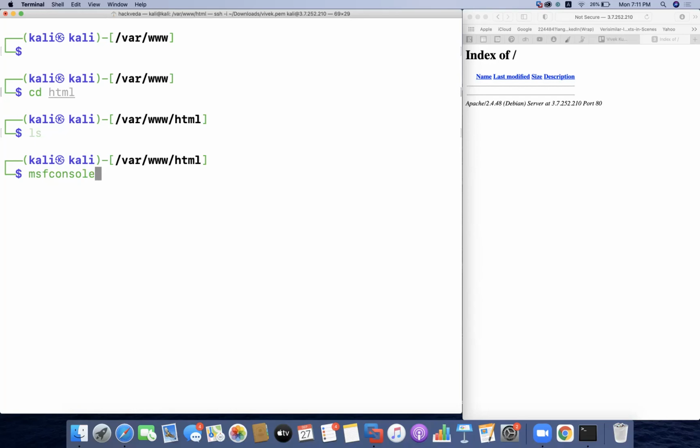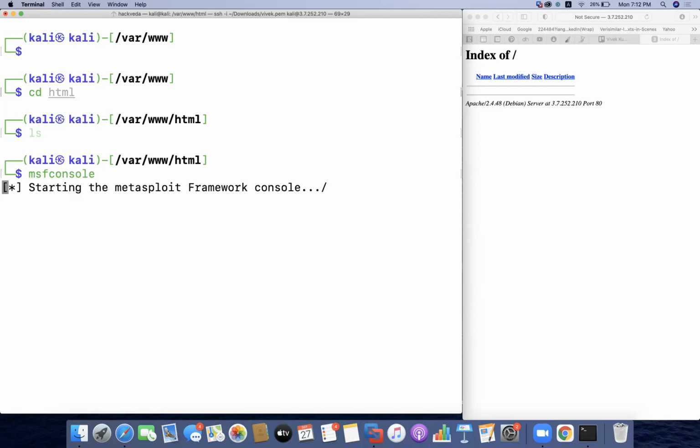But later we can make use of exploits with which we don't need to give the user an exe file. We can identify a vulnerability on a remote machine and exploit the server, the client, or the victim. But in this case, we are going to keep a simple payload. So we are going to start msfconsole. Once I start it, I have to execute the command msfconsole.